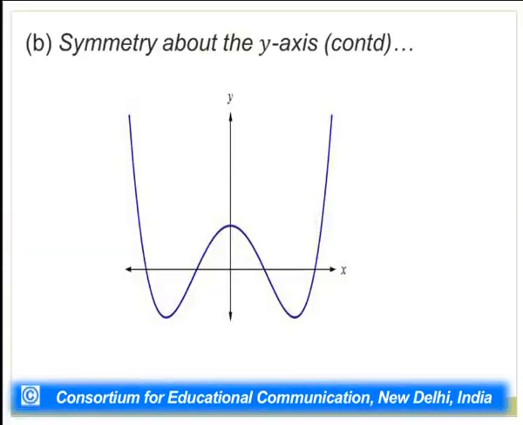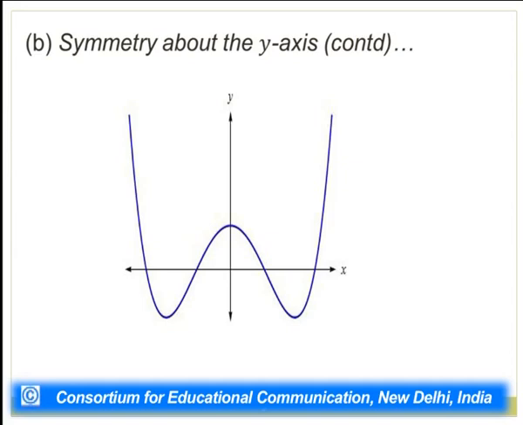So we say that a curve is symmetric about the y-axis if and only if replacing x by minus x in its equation leaves the equation unchanged. And that is the criterion we're going to use. This is another example of a function here which is symmetric about the y-axis, and